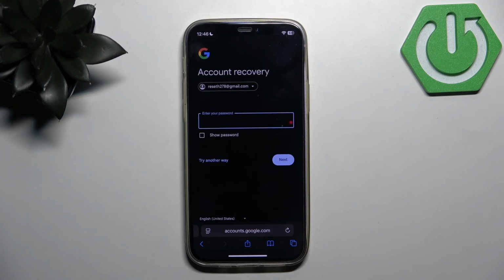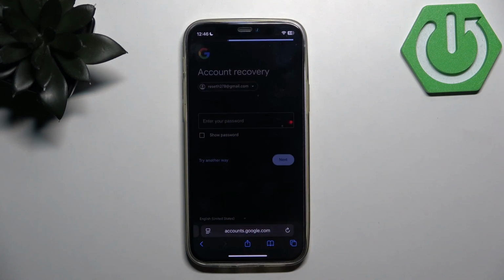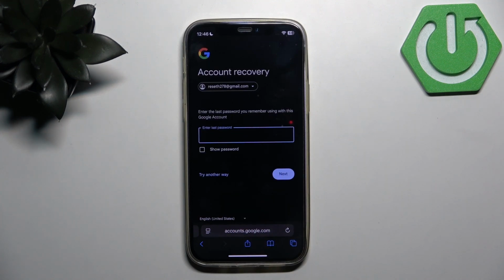And here you need to enter your password, but since we want to recover it, we need to click try another way button. And here you need to enter the last password you remember when using this Google account. But if you still can't remember this password, you need to tap try another way once again, and there will